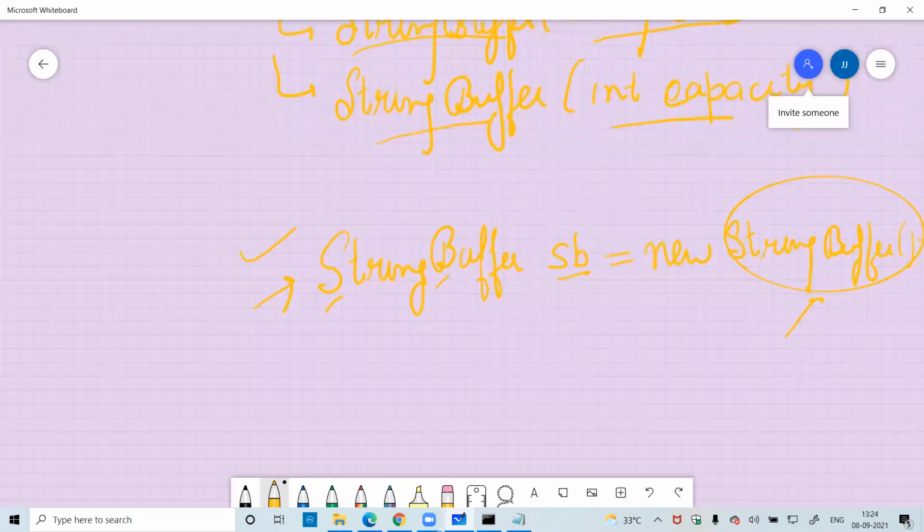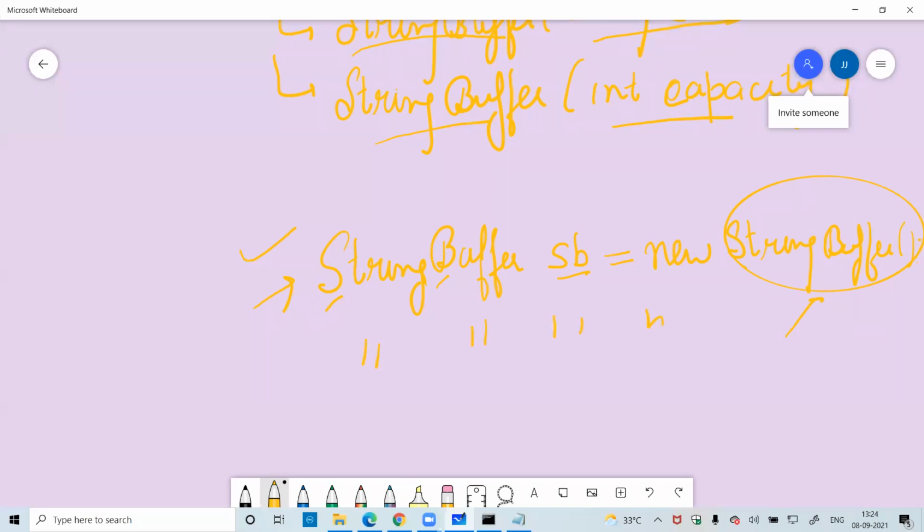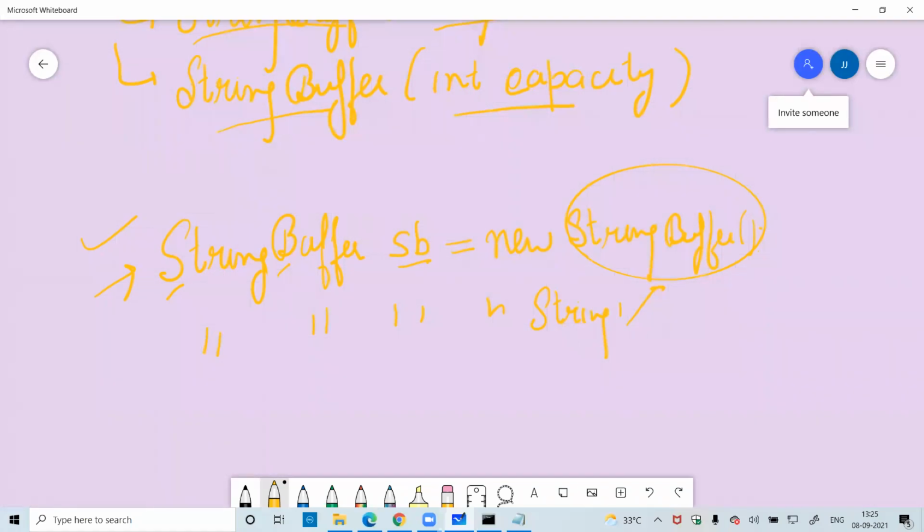Second, if I want to add any string, I can write the same line, and within the parentheses of StringBuffer I can write something like hello. That is the way we can write the string also.